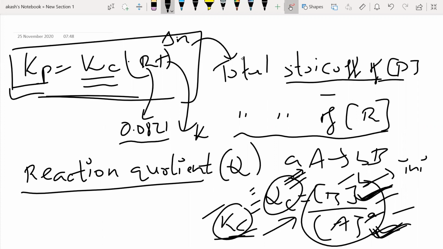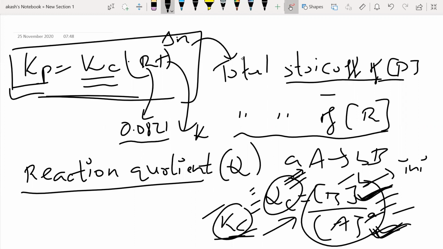Okay, now in some reactions, what happens is, say the reaction will move forward for 10 seconds, and after 10 seconds, again, you will see that the reaction is moving backward, right? All these things are possible. So again, at that time, whatever the concentrations are after 10 seconds, if you substitute those, that is going to give me an answer. I'll tell you how to find the answer, I'll tell you how to predict. But I'm telling how will you use QC?